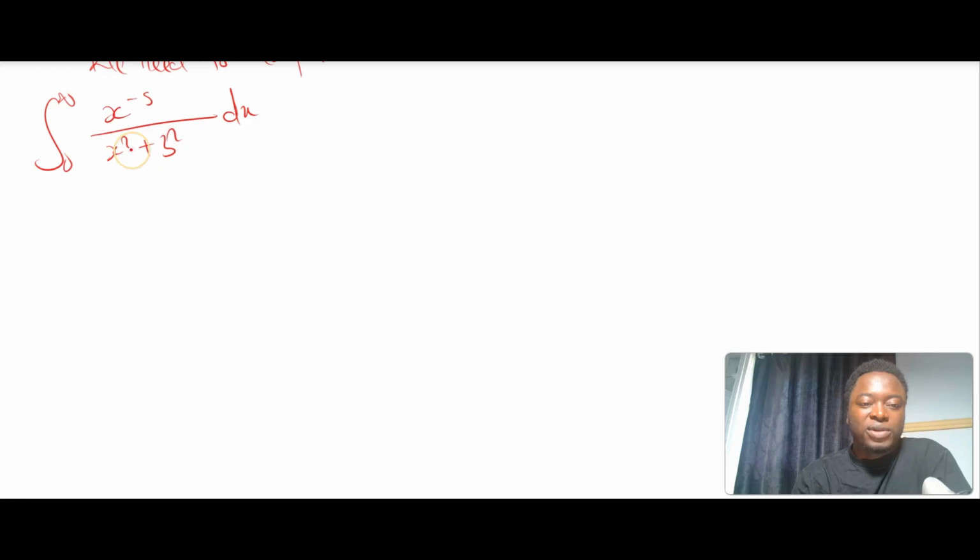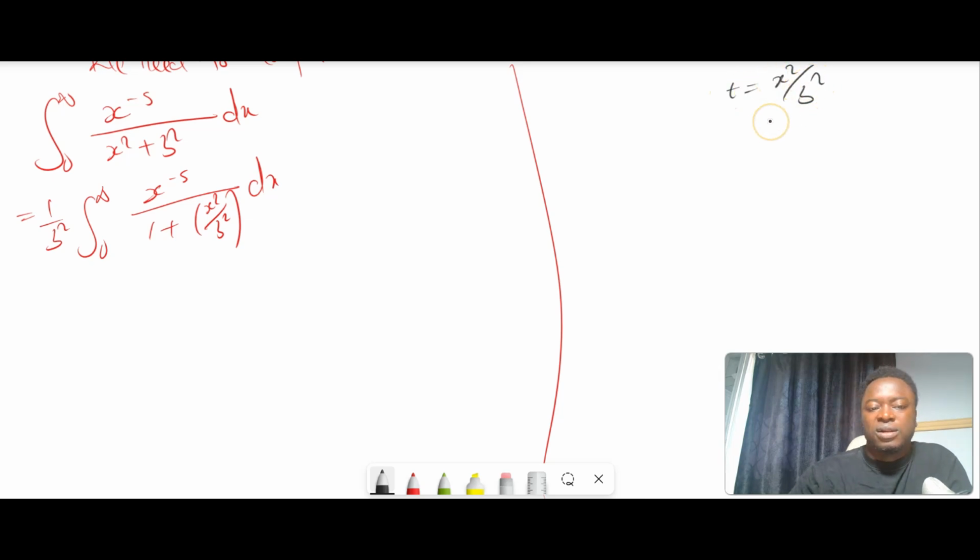We will divide both sides by b squared. So this is going to be 1 over b squared times the integral from 0 to infinity of x to the negative s, all divided by 1 plus x squared divided by b squared, then you have the dx. Next, we need to make a substitution. We're going to boldly take t to be x squared divided by b squared, the point being that we want to have a 1 over 1 plus t at the bottom, so we can use our so-called